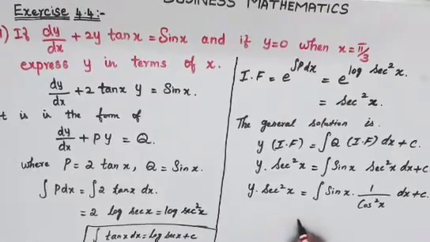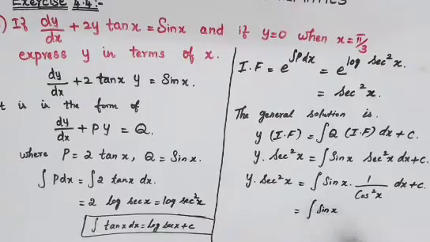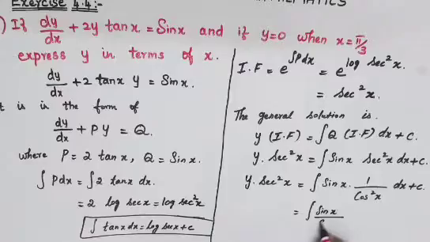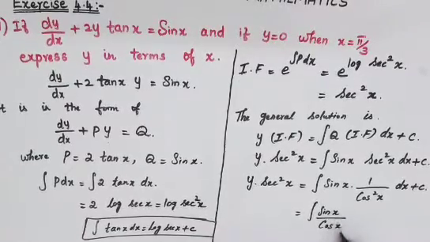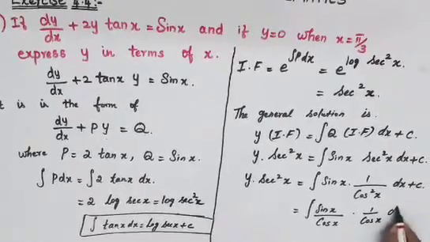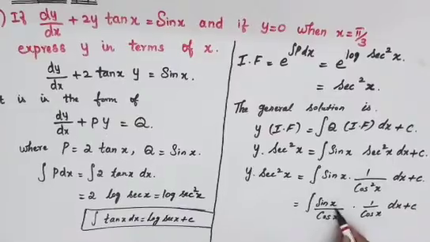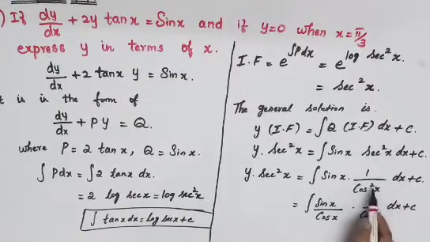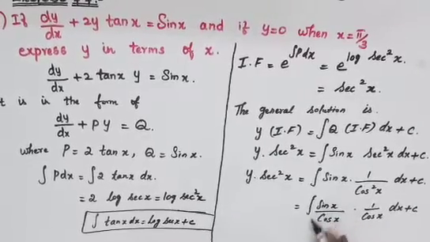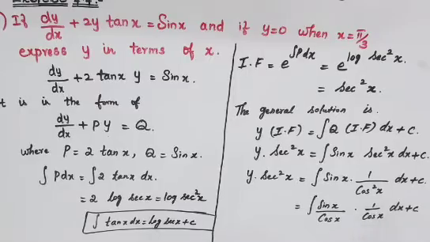The next alteration is that is equal to integral of this sin x I will keep as it is. We will just split this cos square x into 1 by cos x separately with sin x into 1 by cos x into dx plus c. I'll just repeat it again. Sin x will be there as it is. Denominator you have got cos square x. So we'll just split it into 2, bring 1 to the denominator of sin x and one more is there as it is, 1 by cos x into dx plus c.